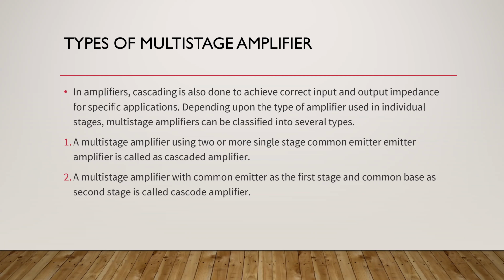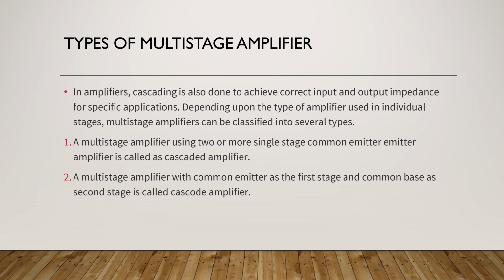In cascade amplifier, a multi-stage amplifier using two or more single-stage common emitter amplifiers is known as a cascade amplifier. The amplifiers in which a simple single CE is used, all the stages are occupied with this common emitter configuration itself. Only CE is used. Such types of multi-stage amplifiers are known as cascade amplifiers. In this, only CEs are used. Whereas in cascode amplifiers,